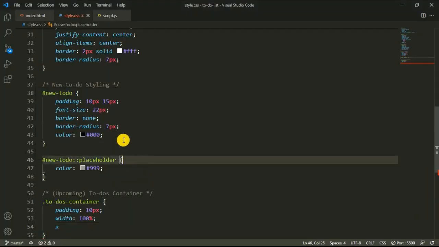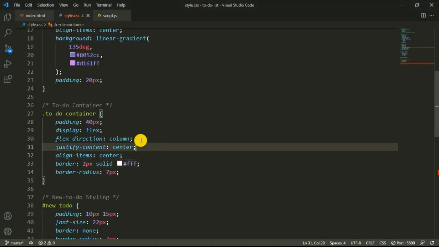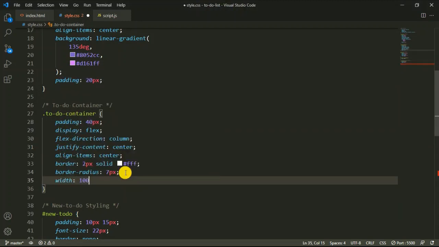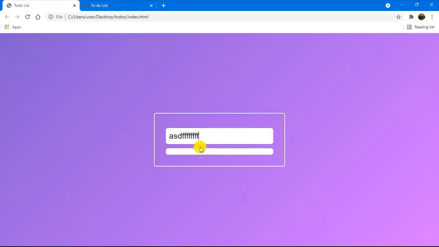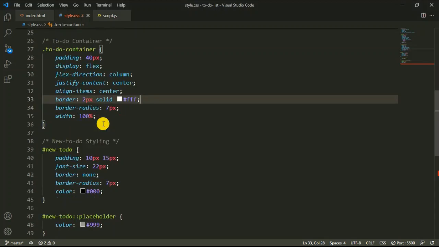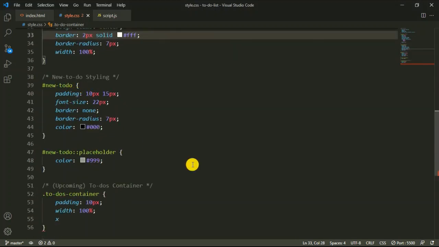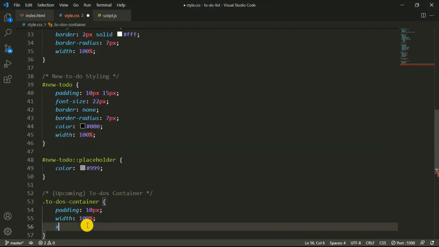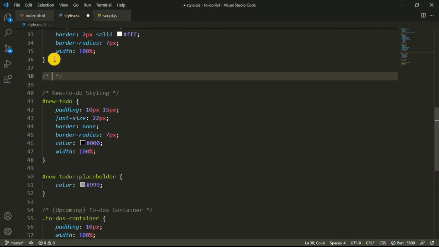And let's say for the to-do container as well, I'm gonna give width 100%. That's gonna be nice, because if we have some more content, like long content, it will be 100%, and this one will be 100% as well. So for the new to-do, I'll also give width 100%, and for the inputs, we didn't style inputs,